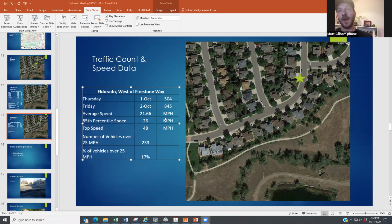I noticed you're measuring speed at the slowest point, and the data says that at the slowest point, it's 17% over the speed limit of 25. However, I'm just kind of curious why no data was collected in the straightaways, which is where most of the speeding is taking place. So I'm curious about that decision of where to collect speed data,